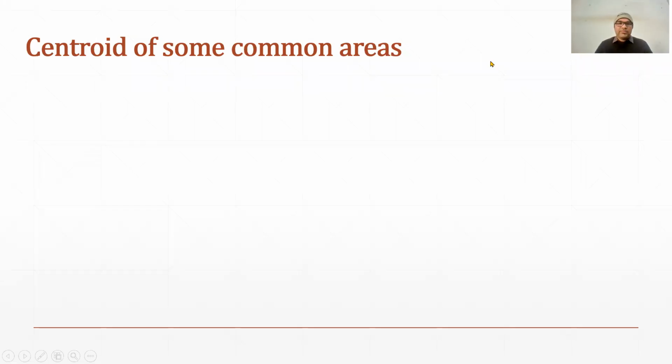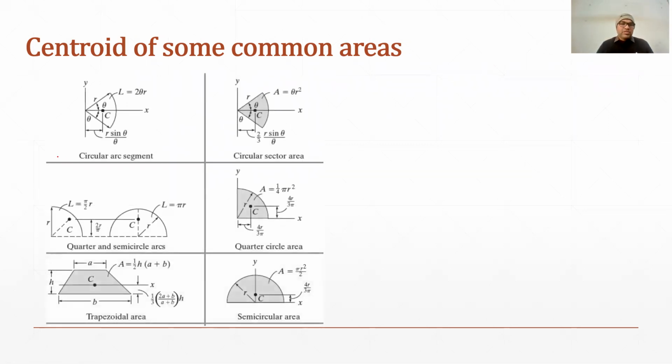Hello, welcome back. So now in this part, we will discuss the composite bodies. But before discussing composite bodies, we will see the centroid of some of the common areas. For example, this is a circular arc segment, and in this case,